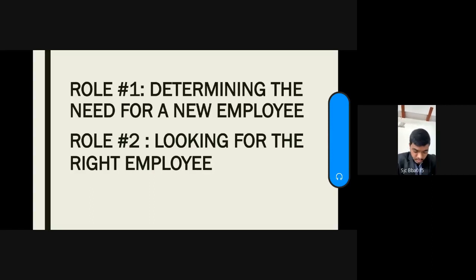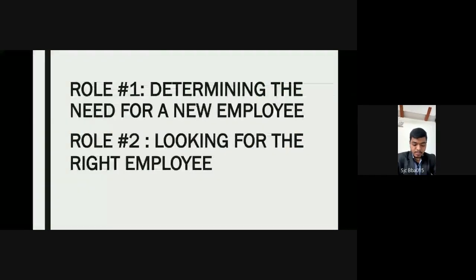So role 2, look for the right employee. Write a job description, decide where to search for employees for application, advertise in the paper, recruit from universities, colleges, high schools, post the job on Human Resource Development Canada, post the job on online recruitment websites. Example, post jobs on the company website. Use a search firm, look in your files.